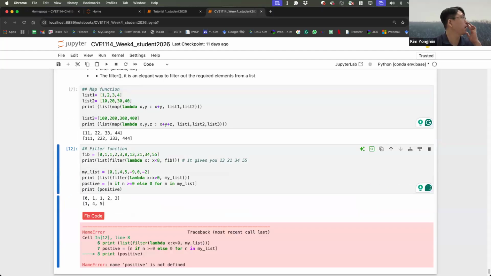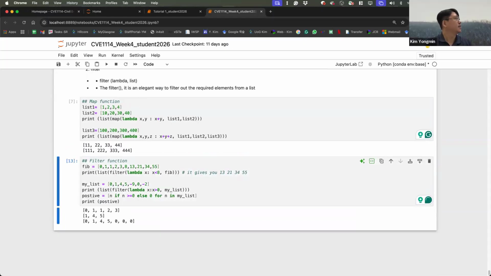Something like that. I can use this function.